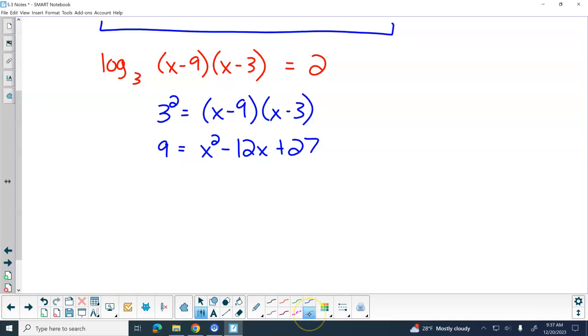Now here is where I'm guessing that here was the first spot that we lost a couple of people, and here is where we lost the rest. Are there two numbers in this very world that I can multiply together and get positive 18 and add together and get negative 12? There are not, which means it is not factorable, which means what, Ray? We gotta do the quadratic